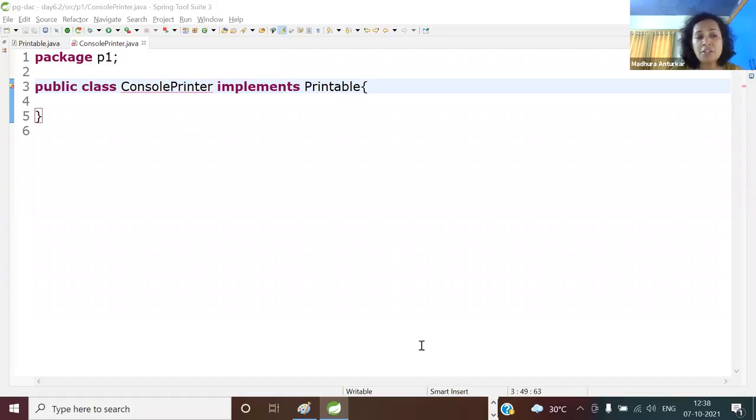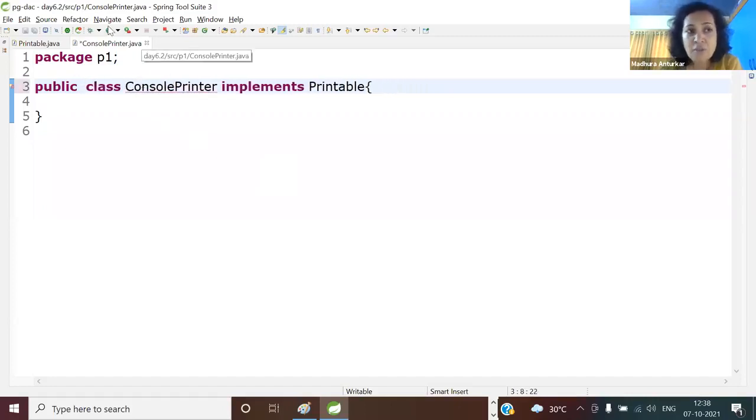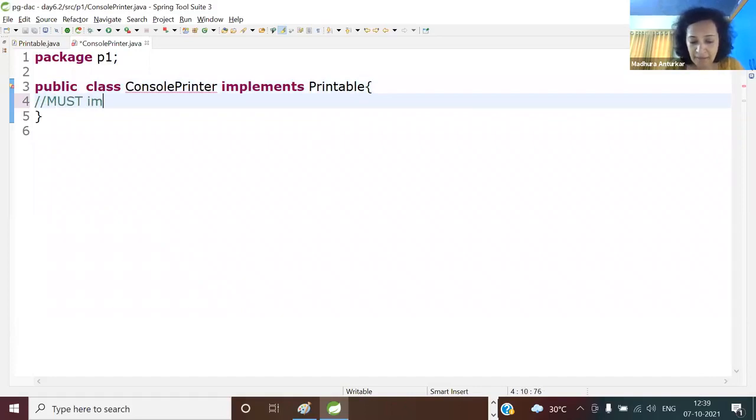Either you can implement that logic, which logic? The print method. Or if you don't know how to print on a console, then simply mark the class as an abstract class. When you say implements, all you are doing is inheriting the abstract functionality. So how to satisfy the compiler? If you don't know how to print, you can't implement the functionality, so you can simply say public abstract class and the compiler is satisfied. But I don't want to show you the abstract implementation class. So the moment I want to do it in a concrete, non-abstract manner, what is the rule? Must implement